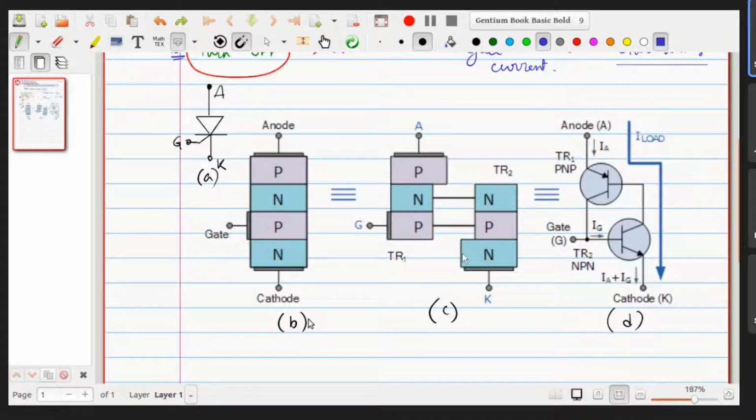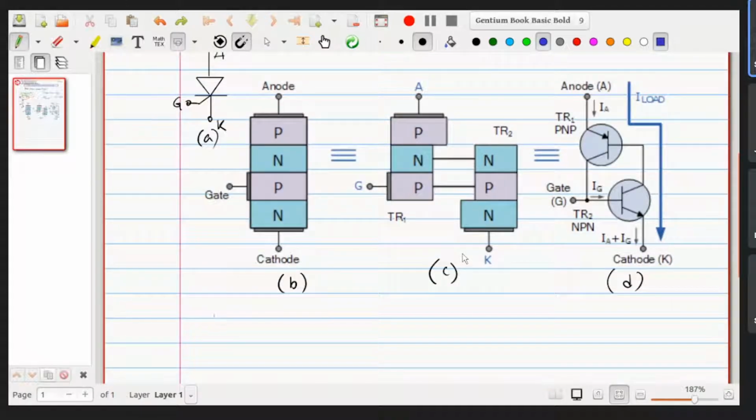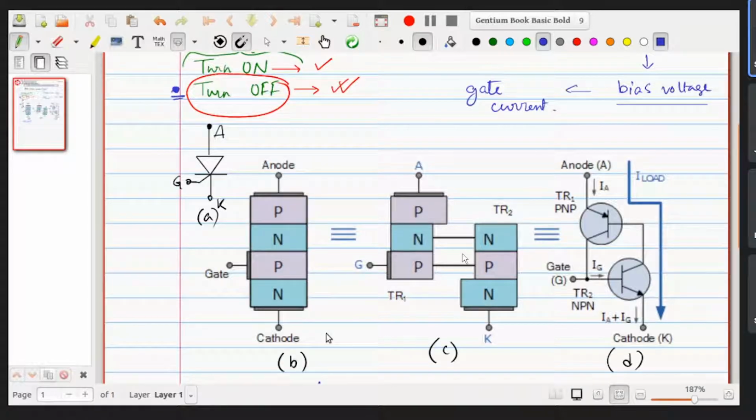So ultimately, the limiting or important parameter to note in all the cases is the gate current. How are you going to take control of this particular concept? If you look at figure A, that is just the symbolic representation. From that point, we can see that it is all concerned with the gate terminal, which makes a control over the gate bias voltage so that the gate current is accordingly controlled.